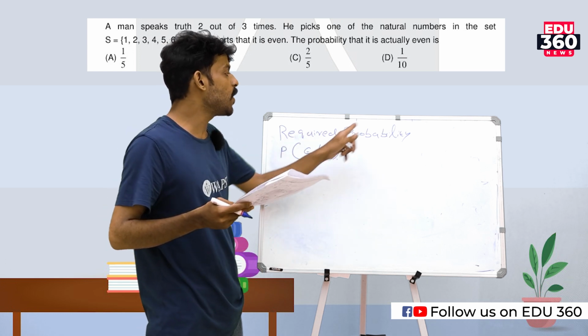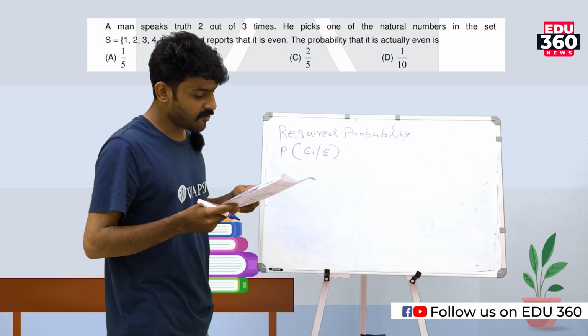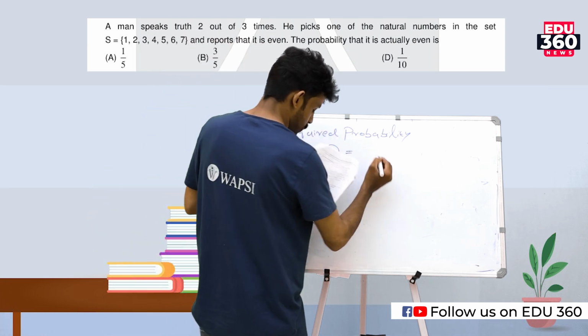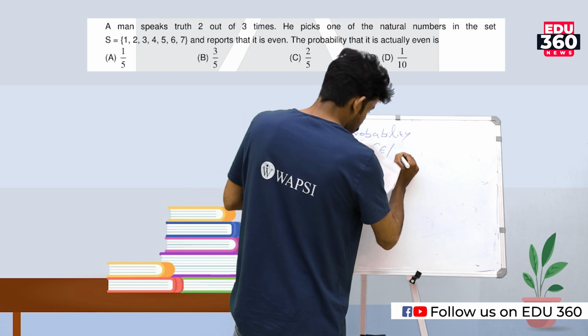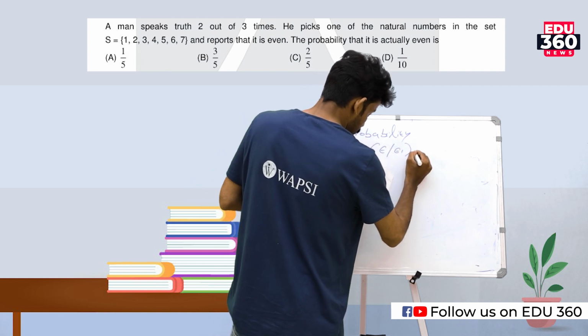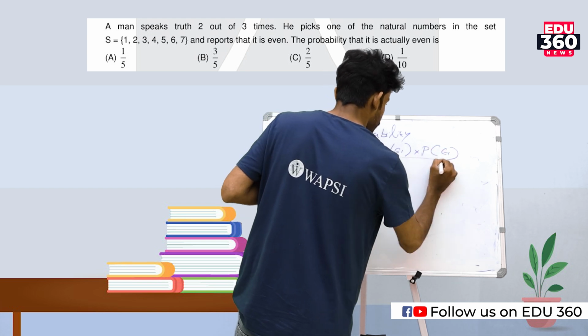So from Bayes theorem, the required probability P of E1 bar E is equal to P of E bar E1 into P of E1 divided by